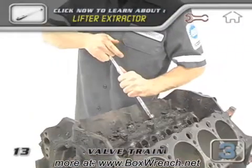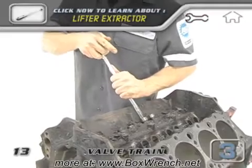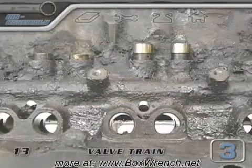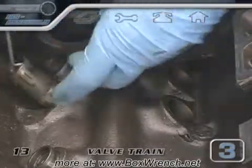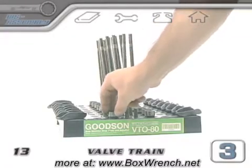If any or all of your lifters are gummed up really bad with dirty oil and don't want to come out, just leave them in the stuck position and we'll remove them from the bottom after the cam is out of the way. The ones that do come out should go right into some kind of organizer tray if you think they might be reusable. Later, we'll